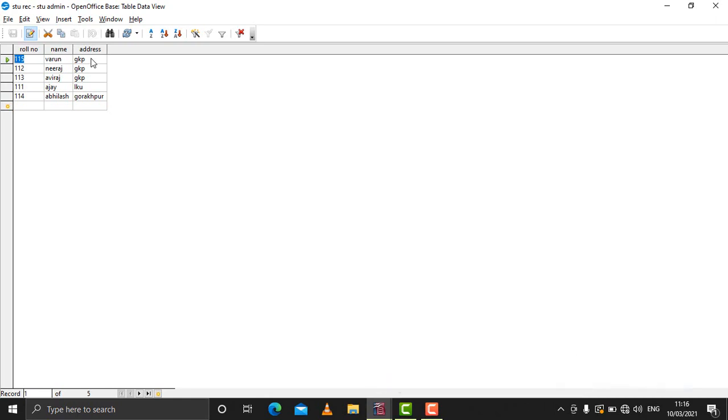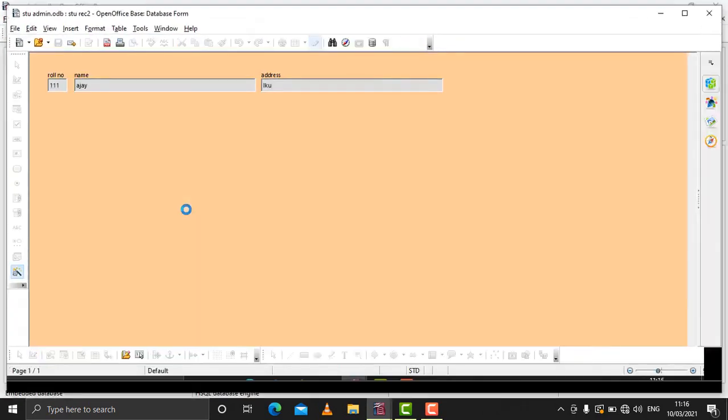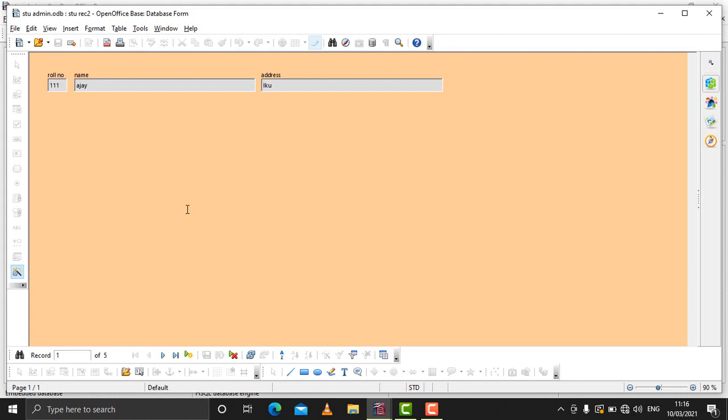The next thing which we can do is we can delete the data also through the form. So let's open the form, come to form, open the form, and if you want to delete the data, you need to first display the data which you want to delete. Say for example, this was the data which I entered, and suppose that I want to delete this data. So for deleting this data, you need to click on the delete record button, and that is here. If you click on it, the data will be deleted.